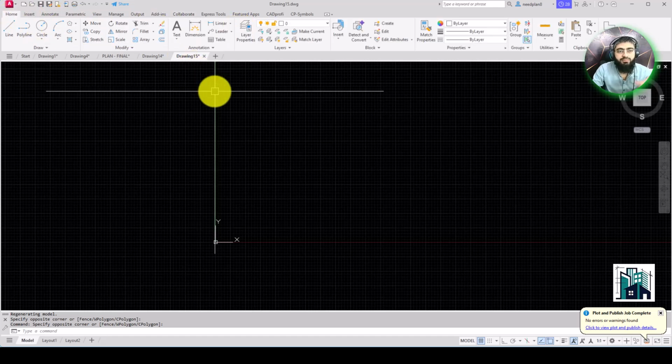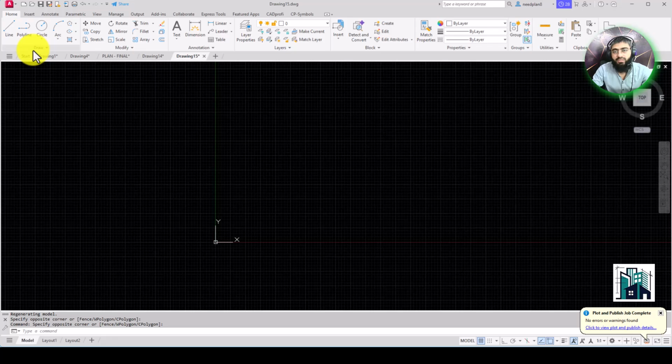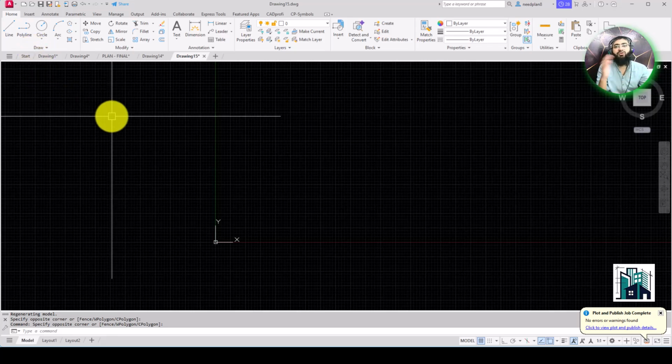But in your drawing in schematic we will use just a few things like draw tools, modify tools, and annotation, nothing else. So I will not create a whole video for the whole schematic. I will just give you the introduction of every part, how you can create and how you can make a whole single line diagram and how you can print that diagram.